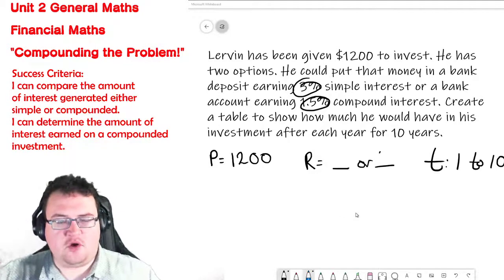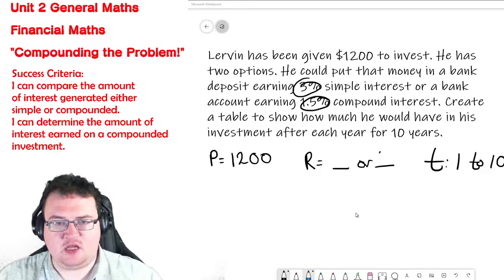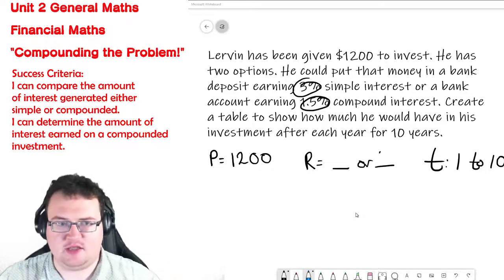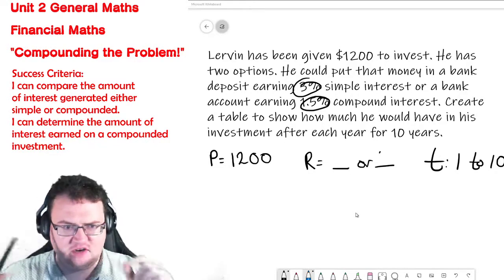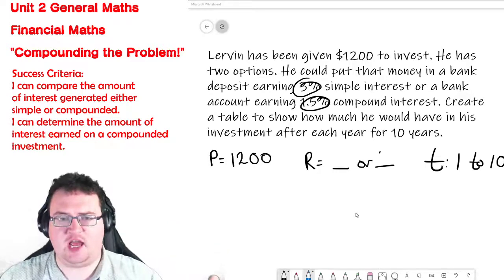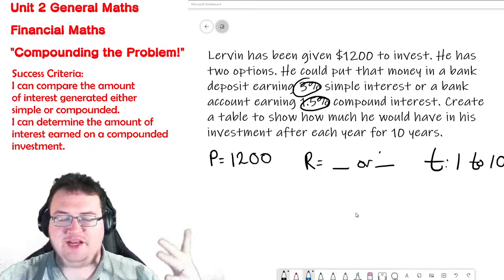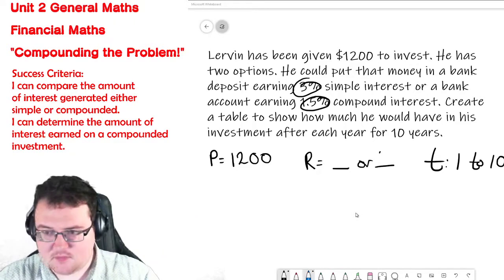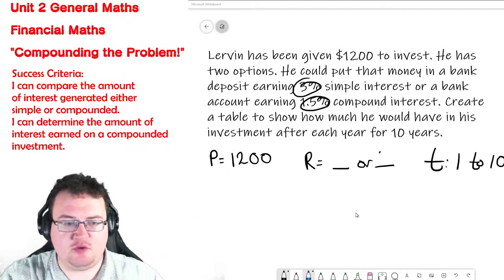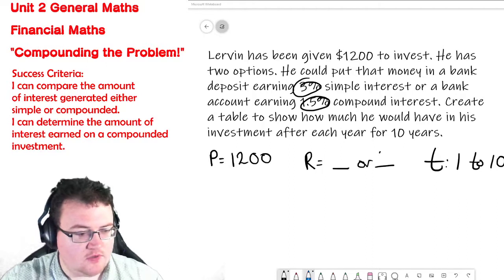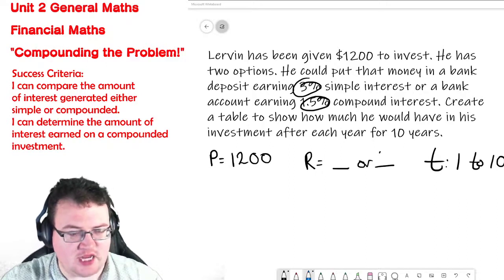All right. So the problem that we have is that we have to compare the two amounts. We have to compare the difference between the simple interest account and the compound interest account. And we have to do it over 10 years, which means that we need to do it with a table. So if we do it with our CAS, then what we can do is we need to actually create the